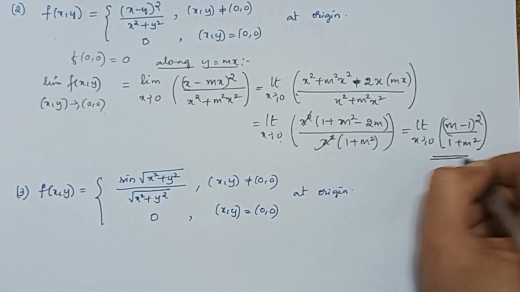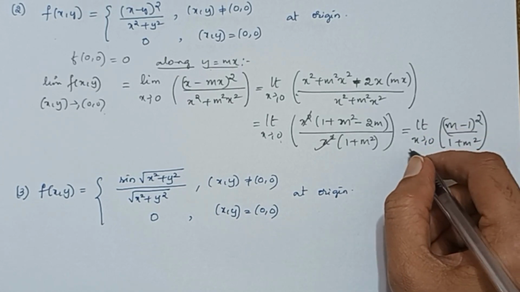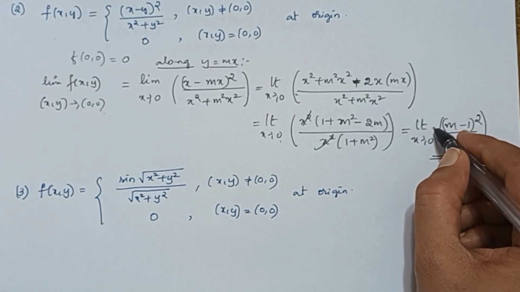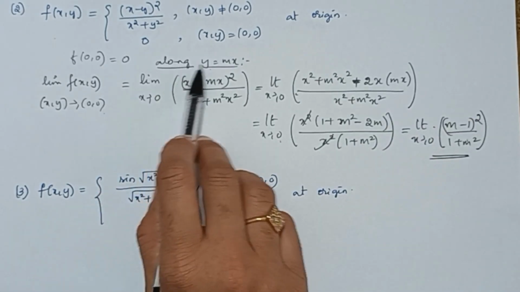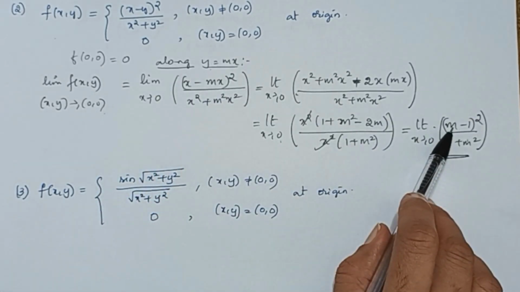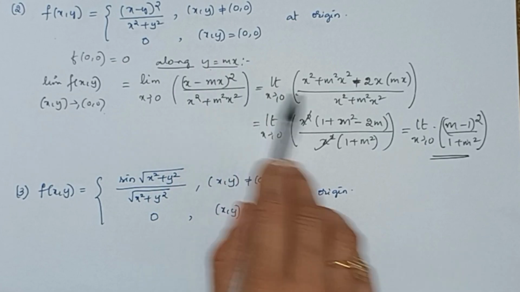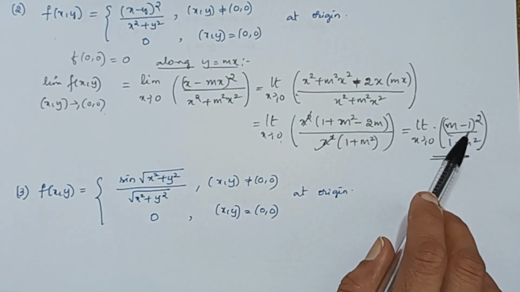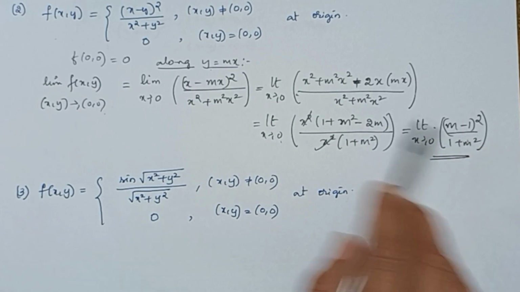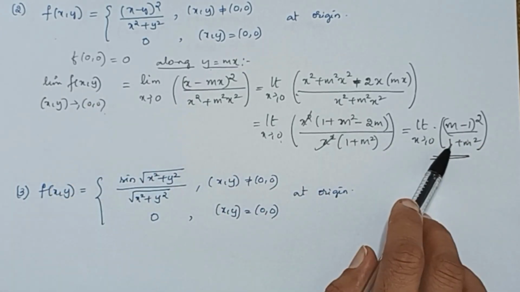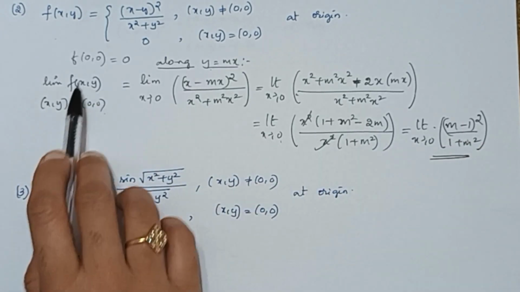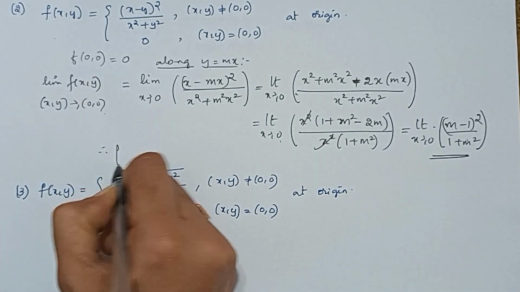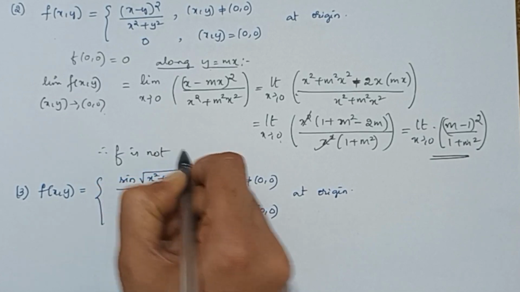This is that value. So when you apply the limit as x tends to 0, this value changes as you change the value of m. Therefore, along y equal to mx, there is no unique value. When you change the value of m, the limit keeps on changing. Therefore, there does not exist a unique value, hence the limit does not exist. If there is no limit, then the function is not continuous. Therefore, f is not continuous at